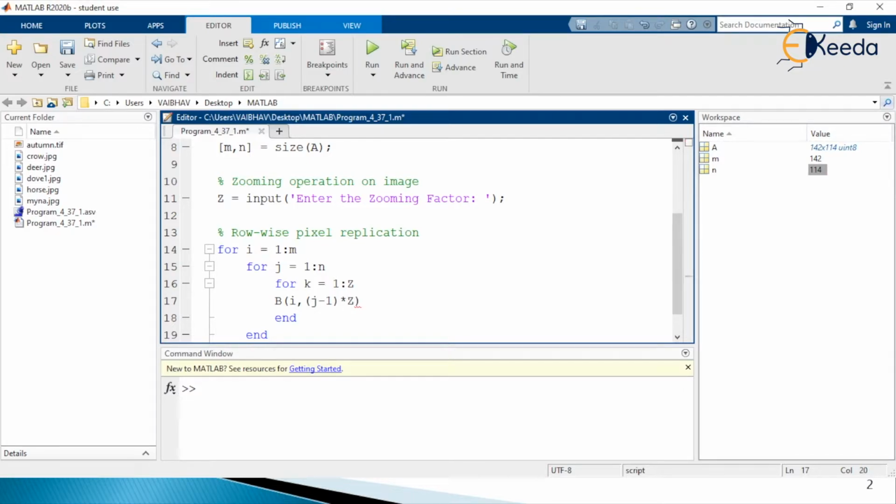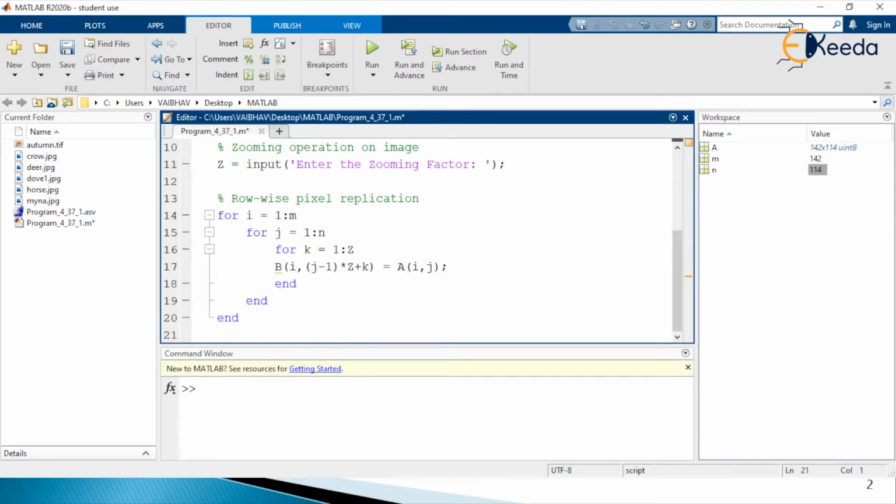We have the zooming factor capital Z added by the index variable k of the for looping here, and this capital B is assigned capital A of i comma j here. So this is the operation we have performed inside the nested for loops, and we have ended this syntax with the help of semicolon here.